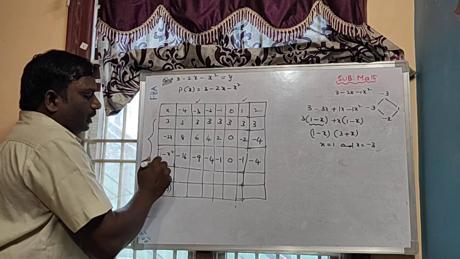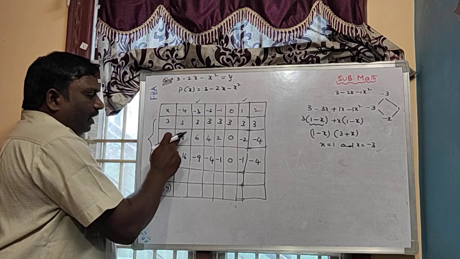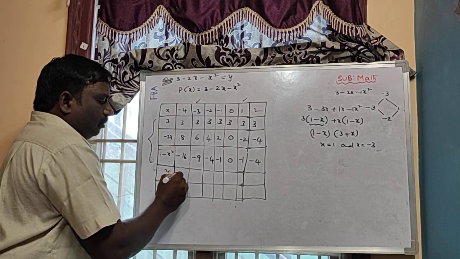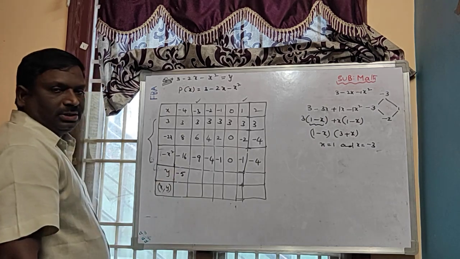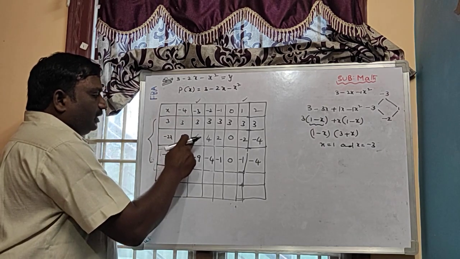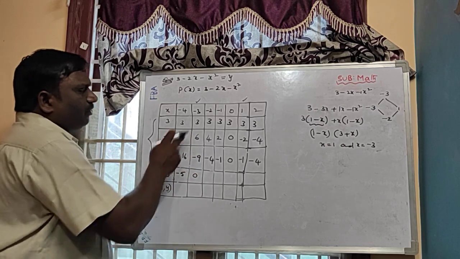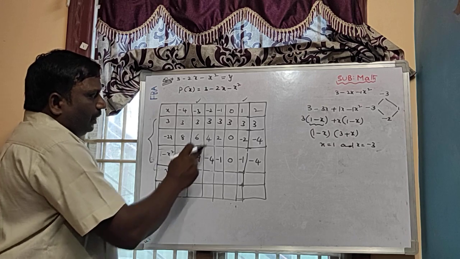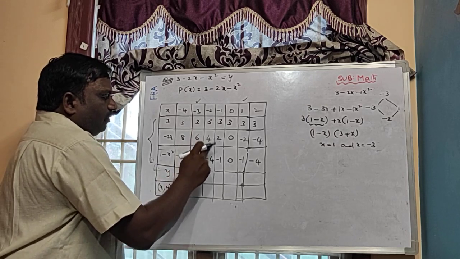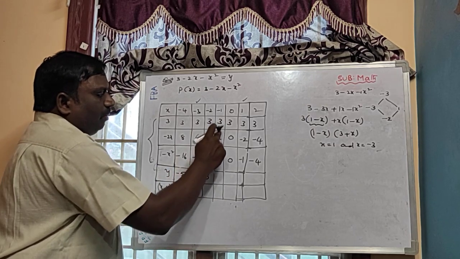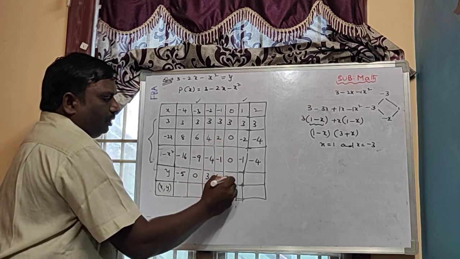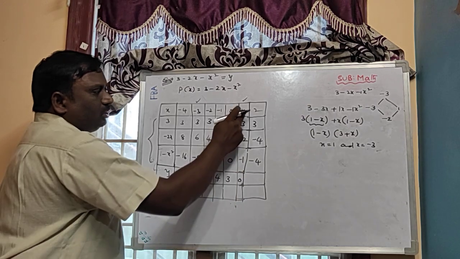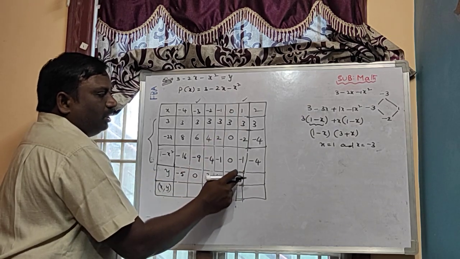These are the x values. So 3 plus 8, 11. 11 minus 16, that is minus 5. Next, 3 plus 6, 9 minus 9, 0. Because minus 3 is a zero of the polynomial, that value of the polynomial is also 0. Next, 3 plus 4, 7. 7 minus 4, 3. 3 plus 2, 5 minus 1, 4. 3. So 3 minus 2, 1 minus 1, 0. This is also a zero of the polynomial. That's the value of the polynomial is 0.